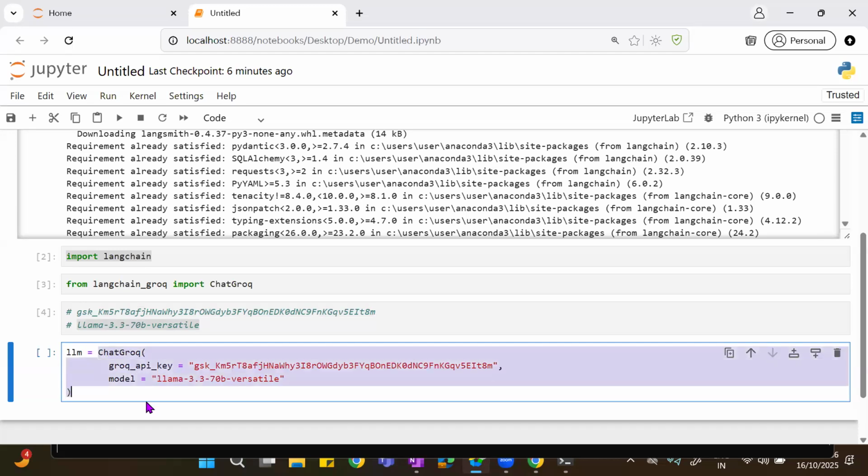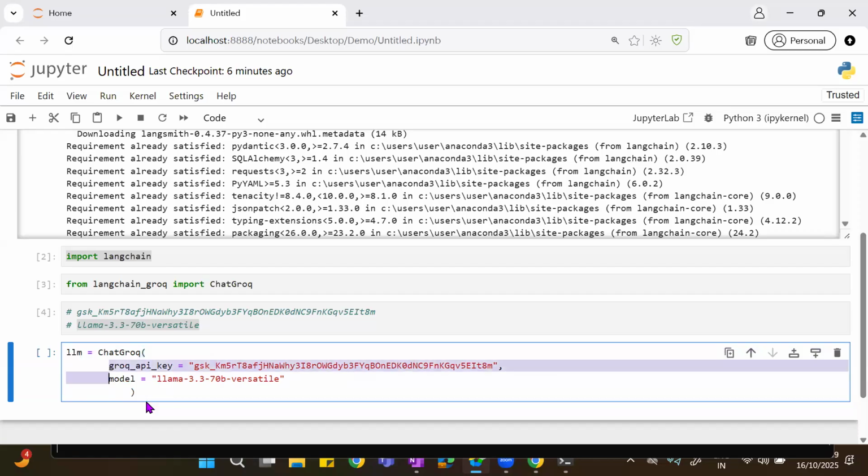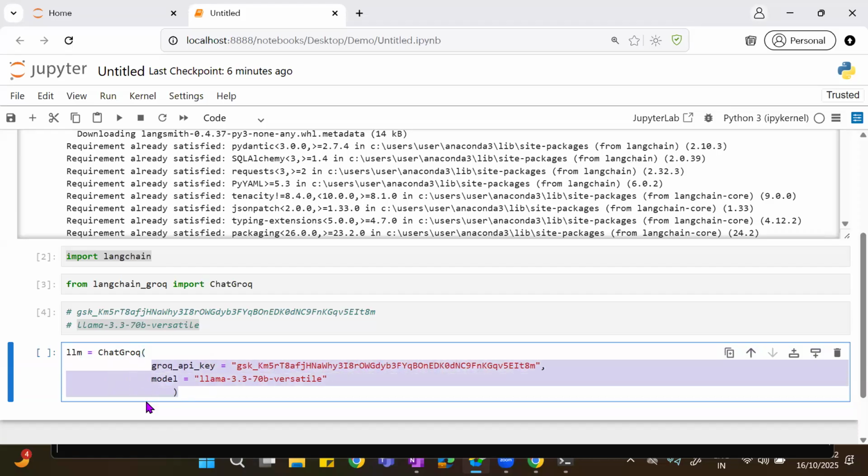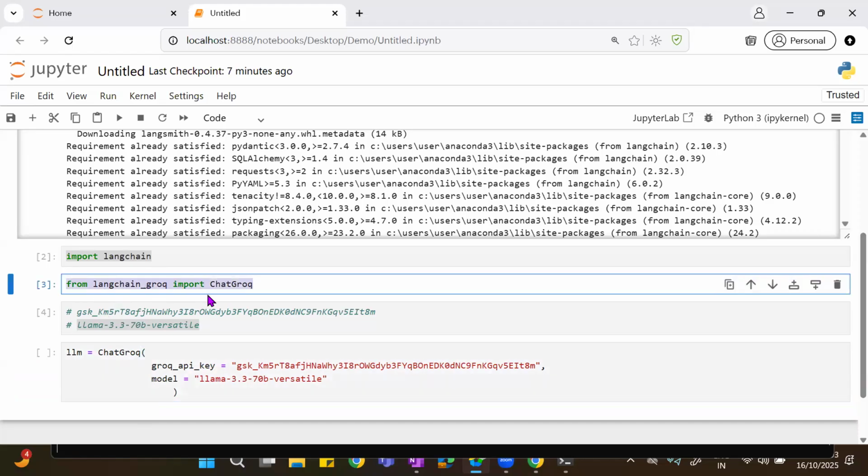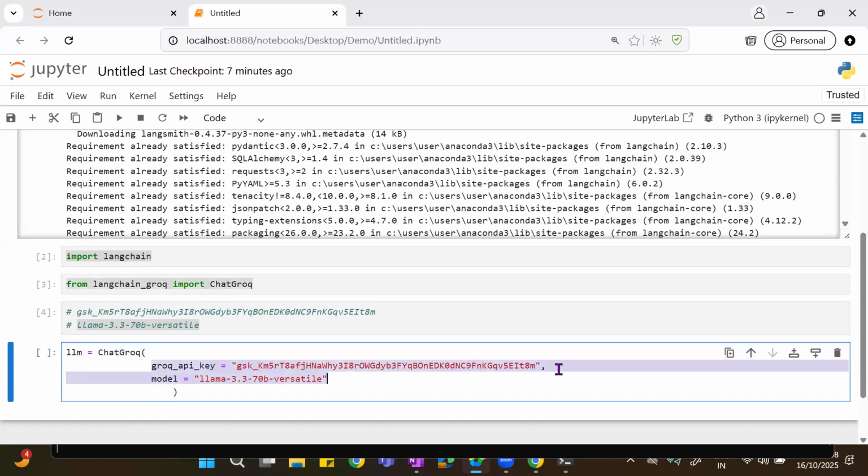Now from langchain_groq import ChatGroq, and here in ChatGroq we passed the actual API key to access it, and then this model.